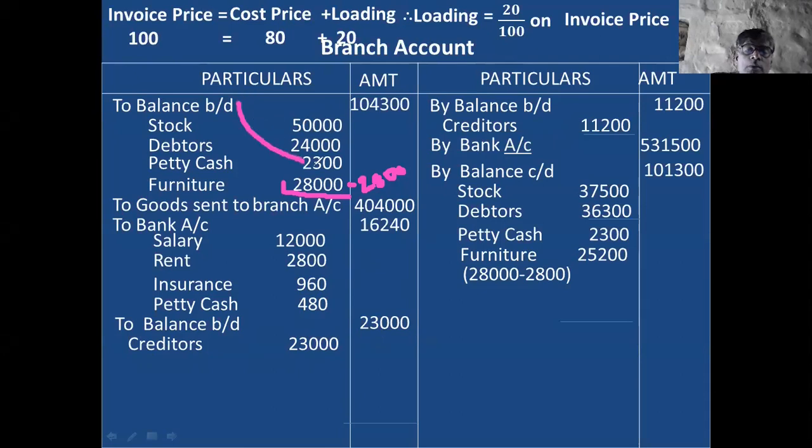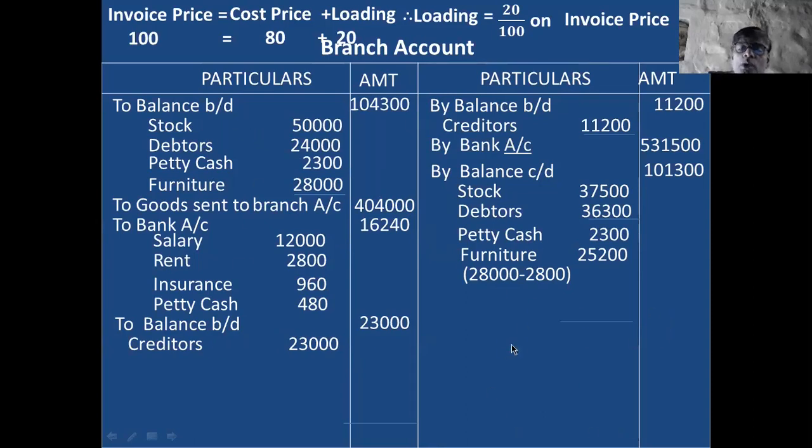Opening balance of assets, then closing balance comes here. These are the closing balances. These are the opening balances of assets, and the opening balances of liabilities are on the credit side, with the closing balance of liabilities. In this way you enter. Okay. Then thereafter, problem completed. Opening balance and closing balance completed.